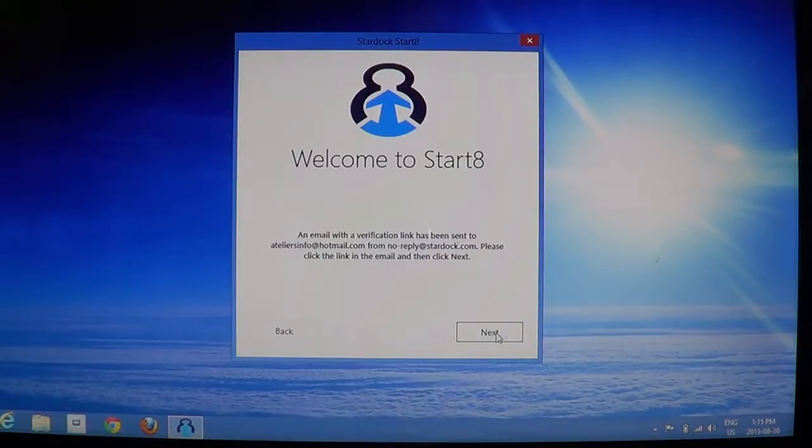So you have to go to your email, and in your email you'll have a link that they've sent you that you will click on. So I'll go into my Hotmail account here and get that link. I'm going to use another computer of mine right now. And if I look at my other computer, my email account, there is